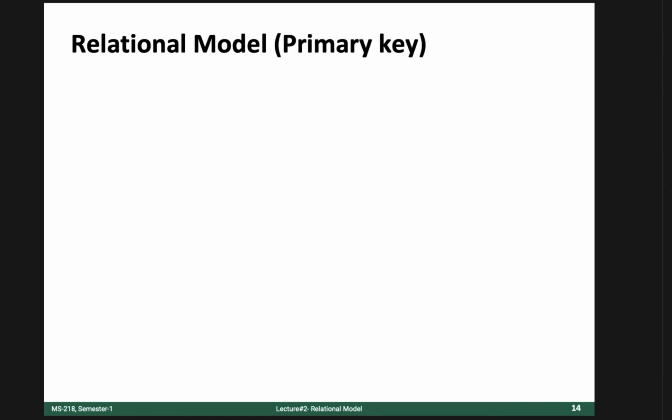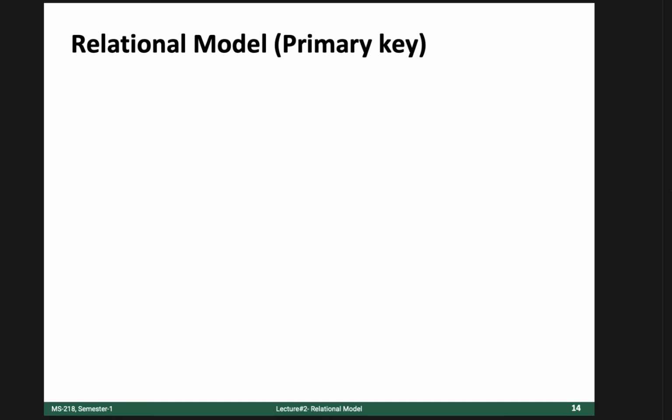In the relational model, there is a very important concept, that is a primary key. Any idea about a primary key? Unique, good. So every unique key could be a candidate for primary key, but not necessarily it would be a primary key, because in some scenarios you would have many unique keys in a relation, but you have to choose one attribute, or one or more attribute combination. You can make a combination to make a primary key. In short,